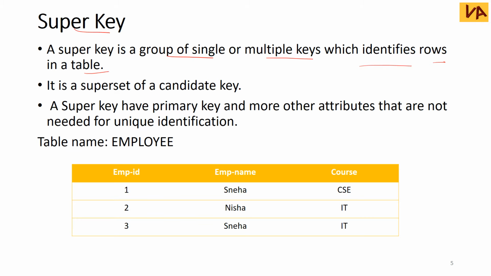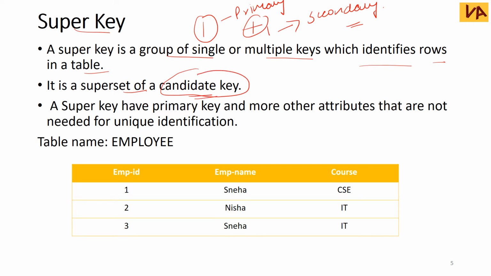It is a collection of a single attribute, which is your primary attribute, or multiple keys, primary plus secondary, the leftover attributes which can identify your table uniquely, or a combination of these. It's a superset of candidate key. A super key has the primary key and more other attributes that are not needed for unique identification.